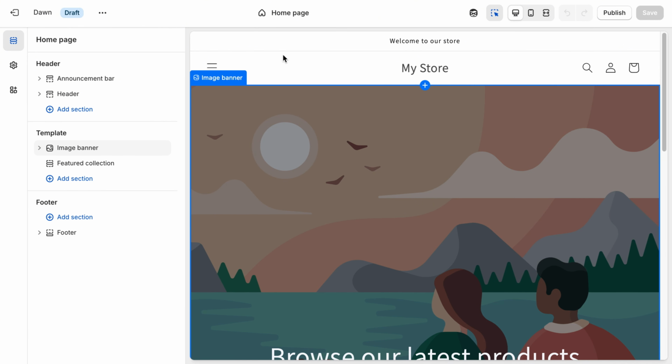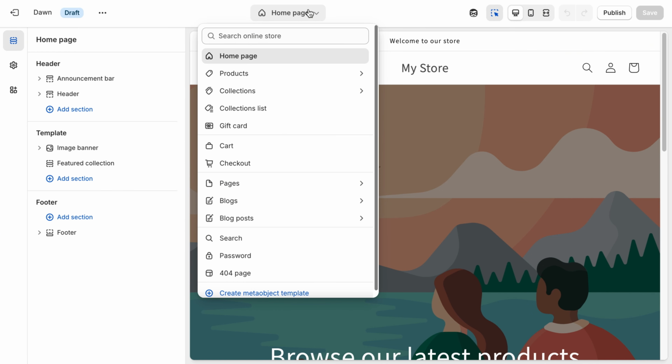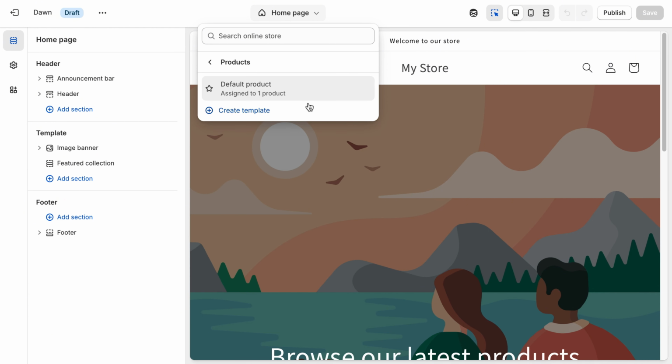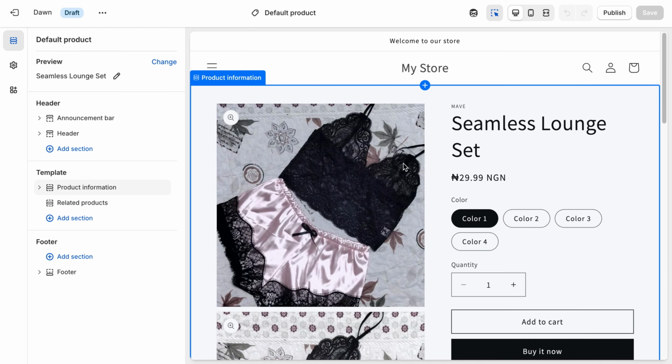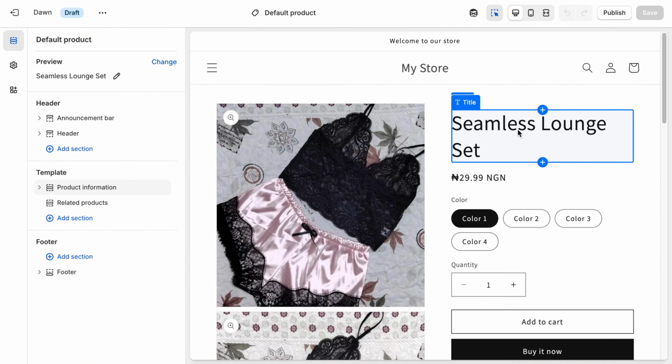Once that is loaded, you want to click on this home page drop down, then click on products. Then click on the default product. Right here, I'm just going to use this as an example. You can see the seamless launch set. This is the title here. So let's say I want to increase this. What I'm going to do is